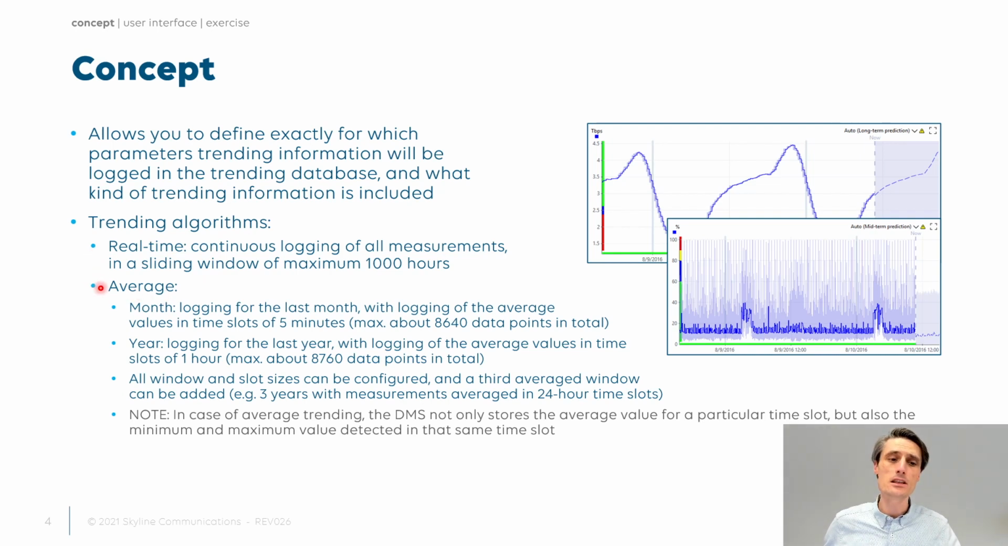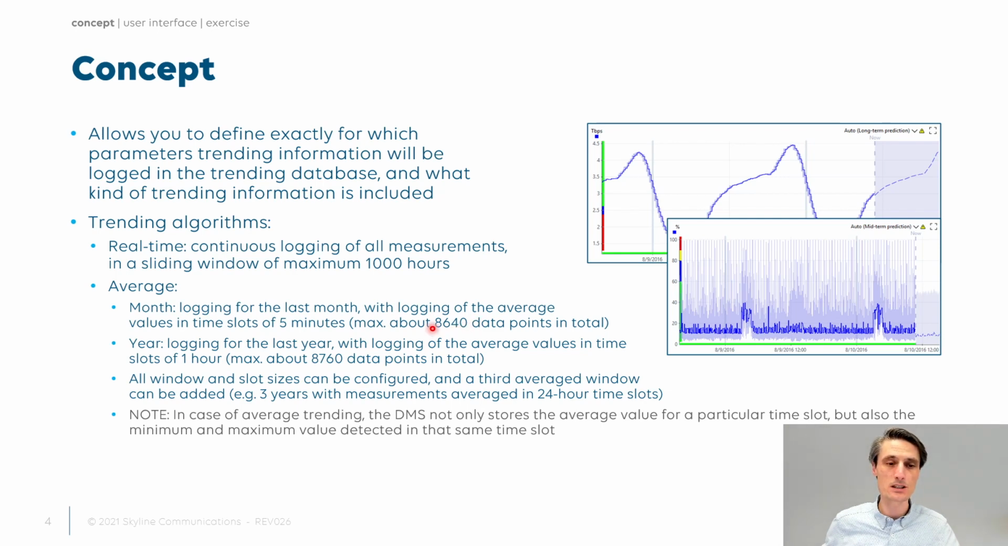The average trending is by default for a 1 month period, in slices of 5 minutes. Basically, for every 5 minutes, DataMiner will calculate the average value, but also the minimum and the maximum within that 5-minute time slot. So you know in a 5-minute time slot what the average was, and also if there were certain spikes up and down, defined by that minimum and maximum. Since we have a limited amount of 5-minute time slots in 1 month, this is a maximum of like